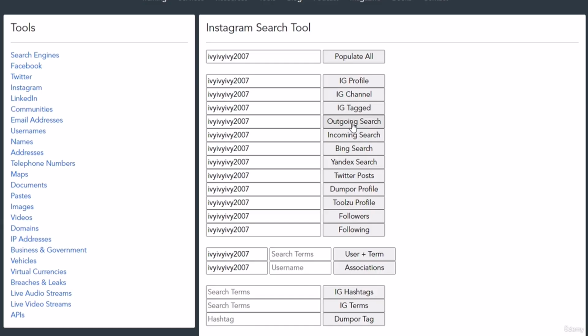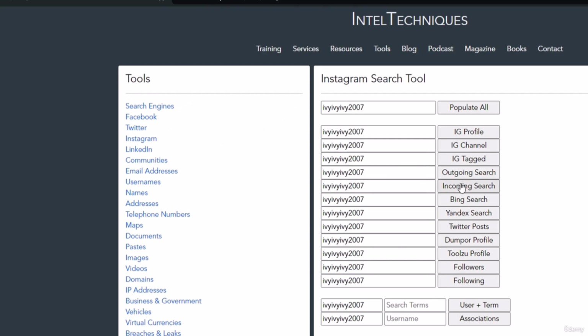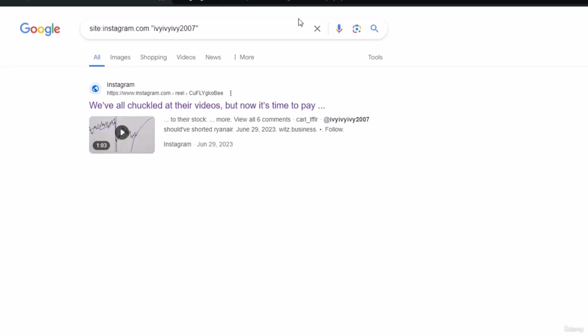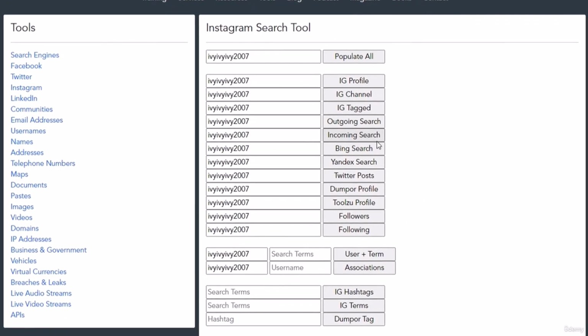So let's just click on this one. This will perform a search I showed you before we got to the tool. Now let's close this, and it will be the same for outgoing, and then for incoming, it will be just with the @ sign. Now if we close this, here it lets us search this username in Bing, in Yandex,